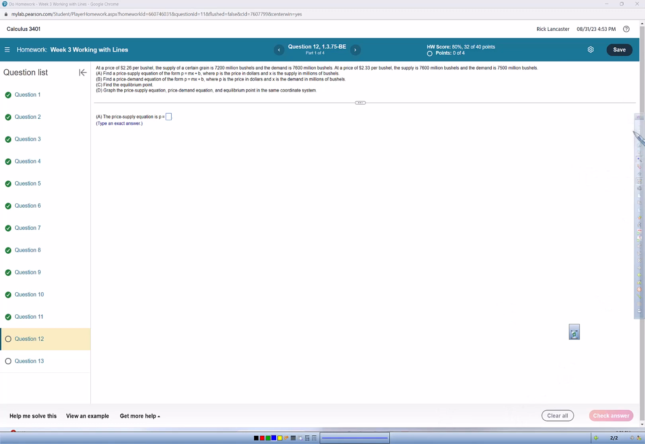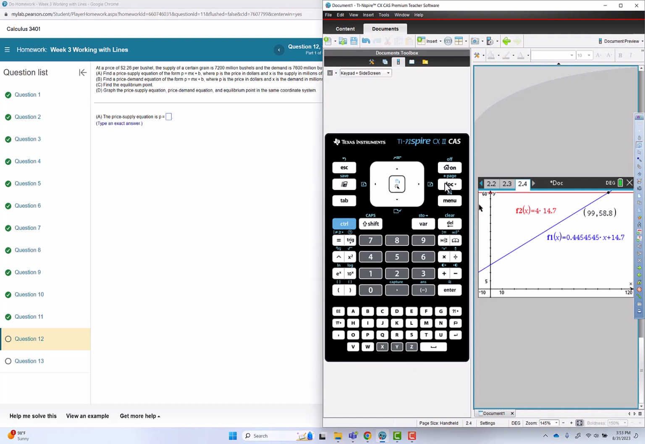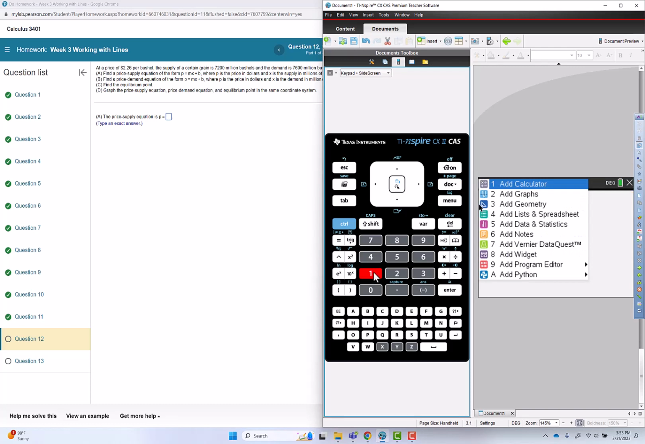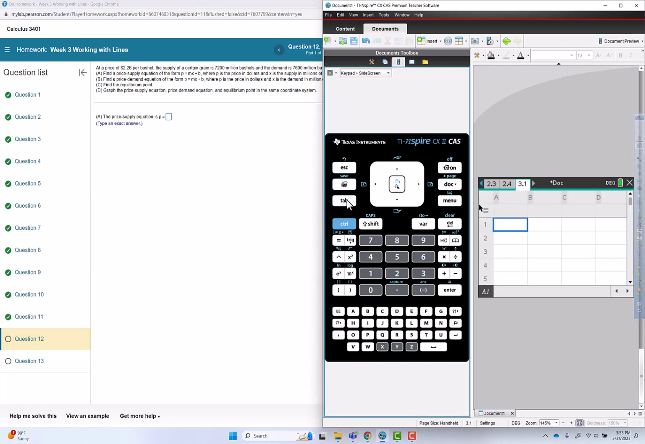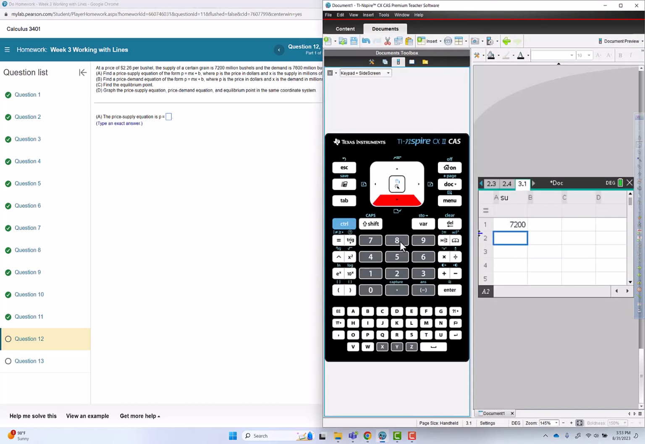So I'm going to go grab my calculator and start a new problem. Doc, 1 for new problem. I'm going to add List and Spreadsheet. Tab to get to the top of the column, and I'm going to call the x's for the supply SU for supply. So my first supply amount is 7,200 million bushels, and then the second one is 7,600,